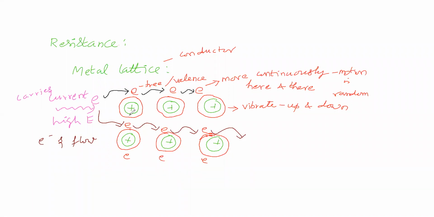Now we will go for the next point in the current flow. This electron is having higher energy. If the energy is transferred like this, then current is carried. Otherwise, if this electron comes to this place and this electron goes to this place, electron is moving from one place to another place, in that way also we can say current is carried. Correct?